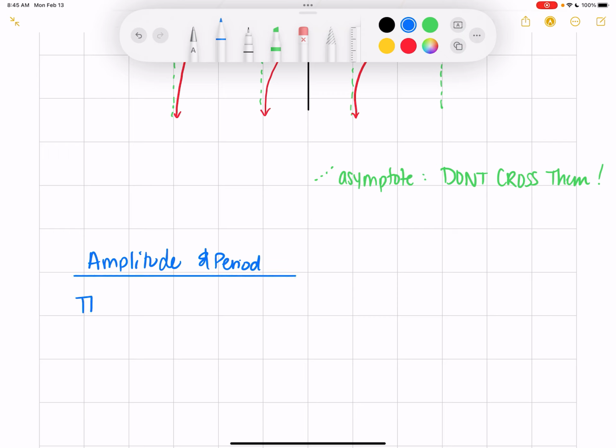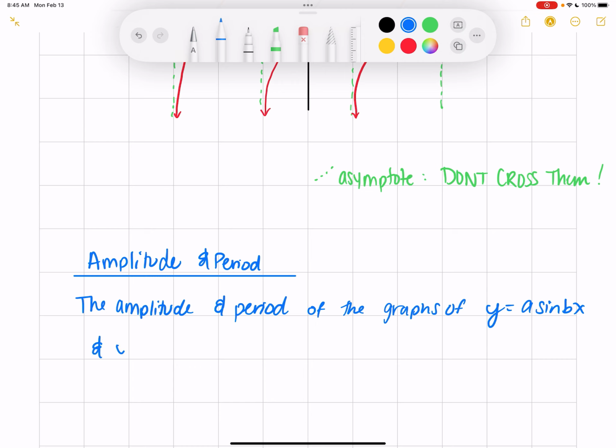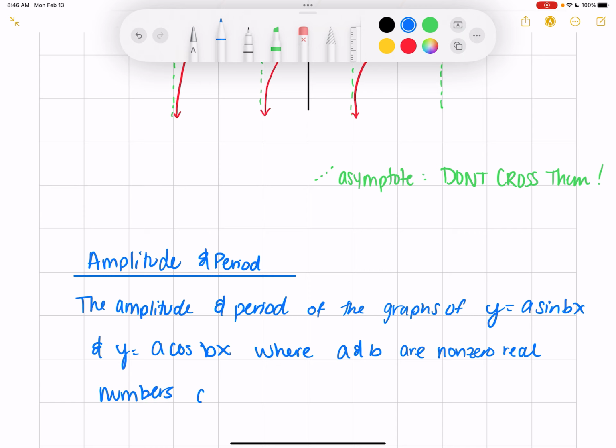So the amplitude and period of the graphs of y equals a sine of bx and y equals a cosine of bx, where a and b are non-zero real numbers, are: